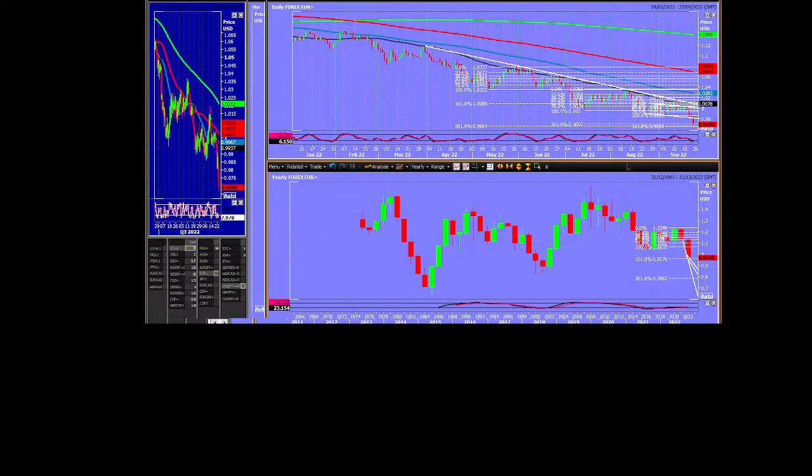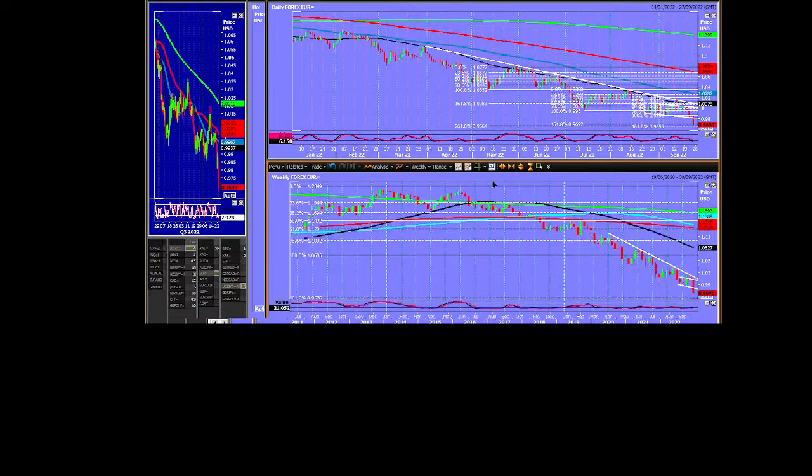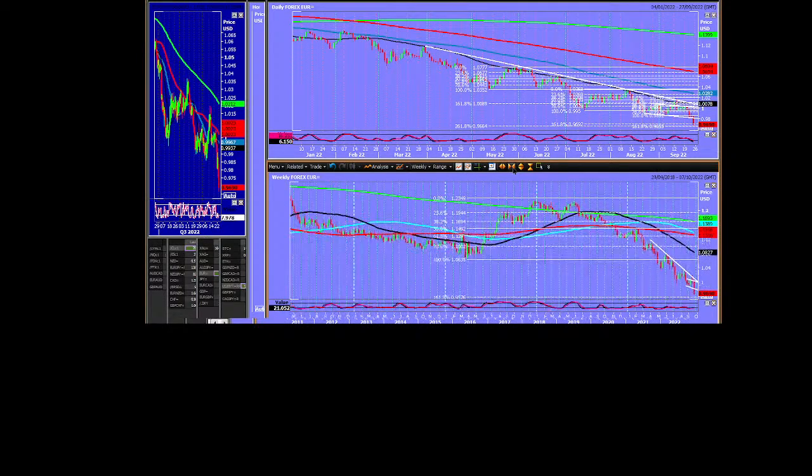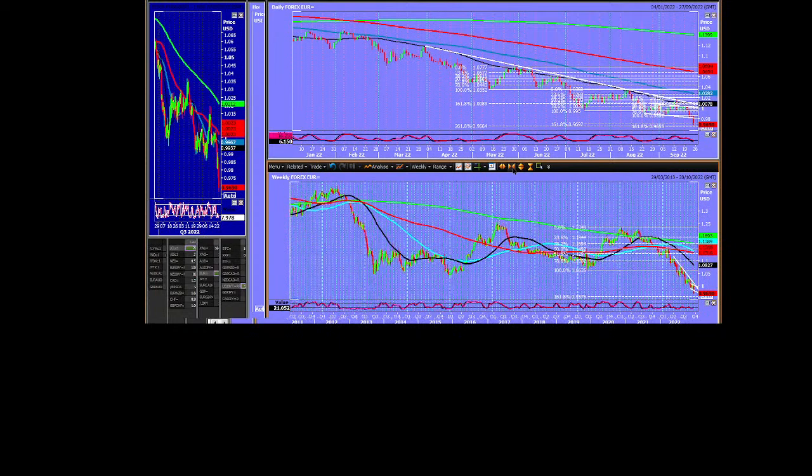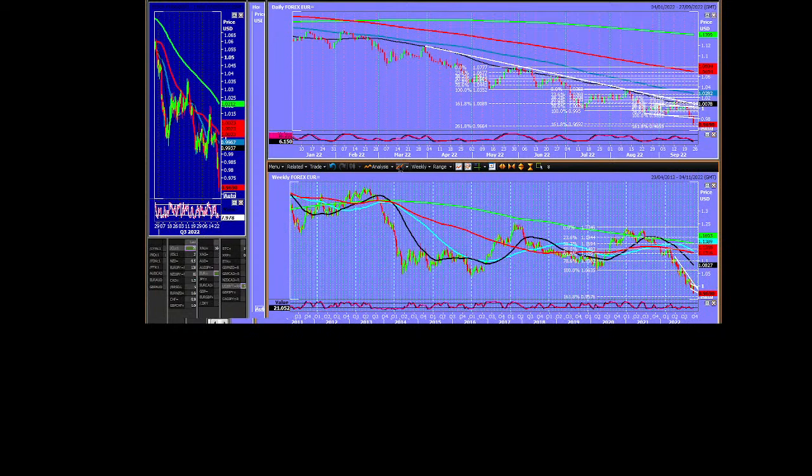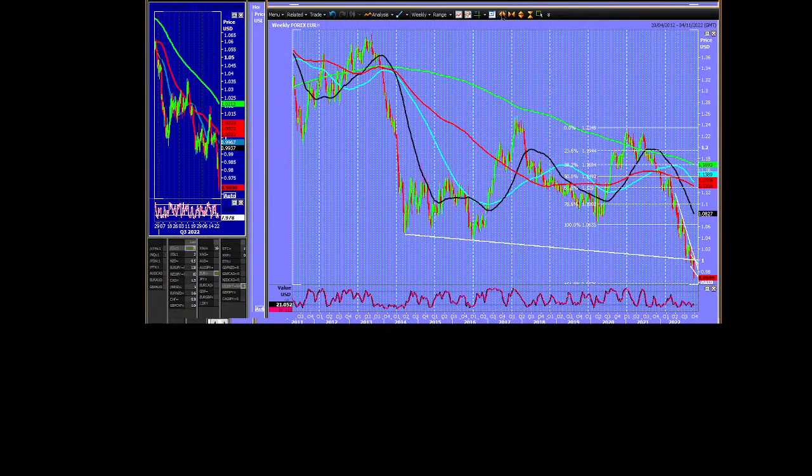Oh yeah, okay. Actually, I need the weekly chart. So we have broken a lot of levels in the euro. I'll start by joining these little lows. There we go. Oh, why have I got that all scrunched up? That should be up here. There we go. So the fact that we've broken, this is 2002, joining 2004.